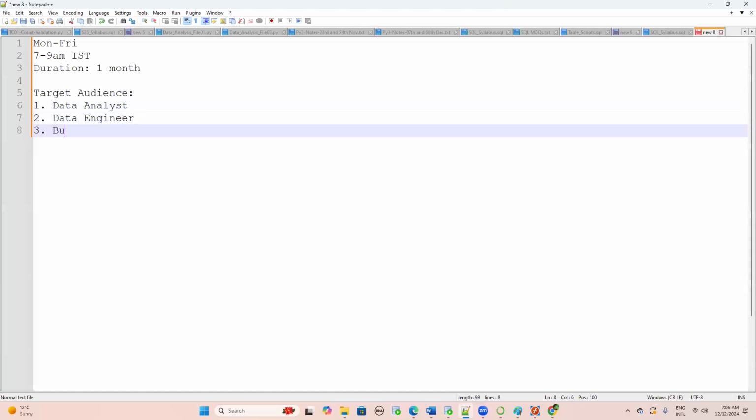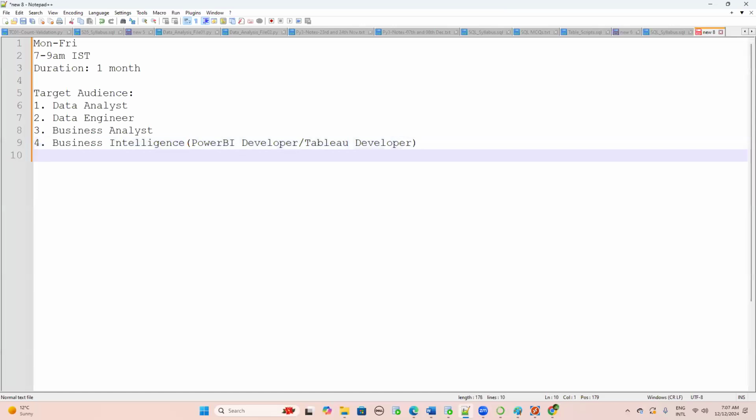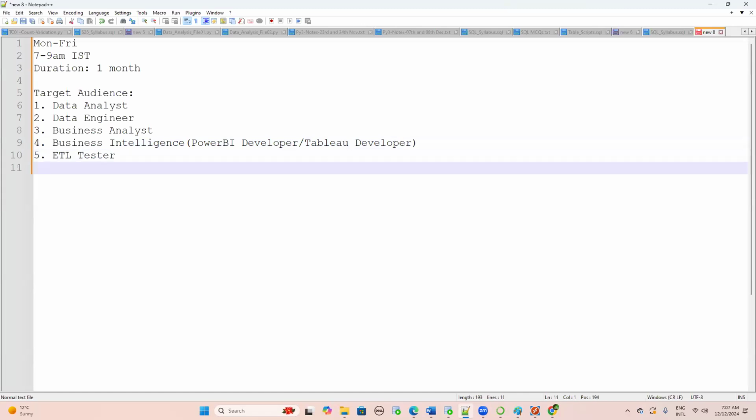Then you have business analyst, business intelligence. If I'm writing business intelligence, I mean Power BI developer or Tableau developer. Sorry. Then you have ETL tester,